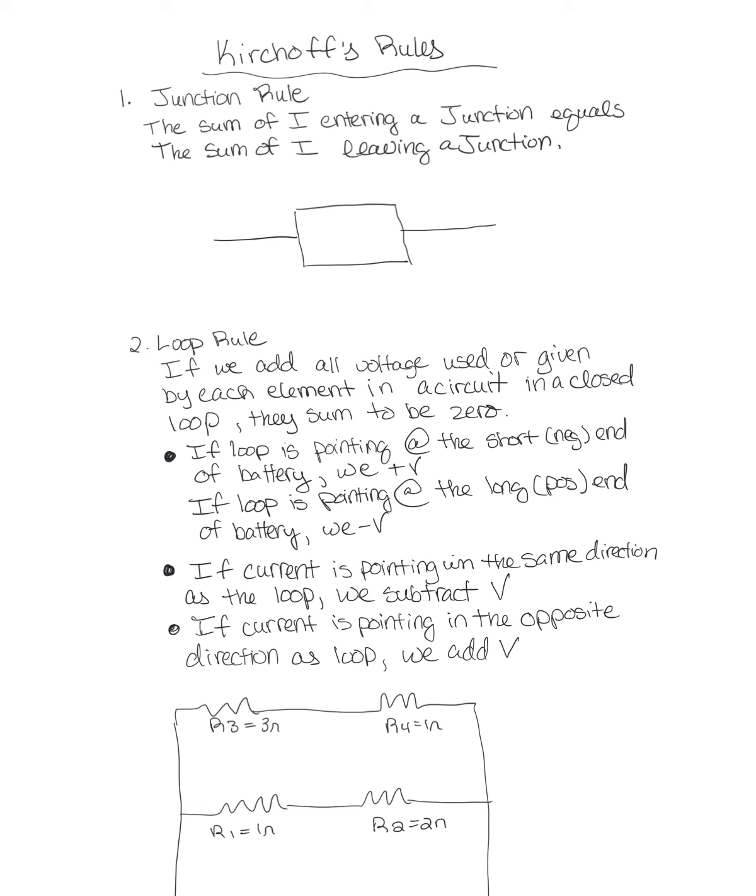And the junction rule has to deal with, you guessed it, junctions in a circuit. So what is a junction? Well, a junction is a place in the circuit that is sort of like a fork in the road for the voltage. So right here, our current can go this way, or it can branch off and go that way. So Kirchhoff's junction rule says that the sum of the current entering a junction equals the sum of the current